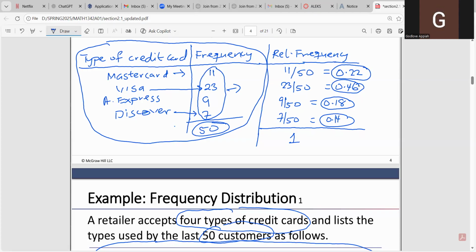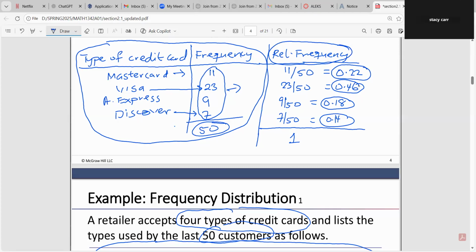And also, I want you guys to note something here. When we had the first 2 columns, we called that a frequency distribution table. Now we have added a third column, which is relative frequency. So this table is no longer going to be called a frequency distribution table, but we will call this a relative frequency distribution table. So whenever you have qualitative data presented in tabular form, that table would always be called according to the last column of the table. Because our last column here is relative frequency, we're going to call this a relative frequency distribution. So the name is based off of the last column of the table. Is that clear?